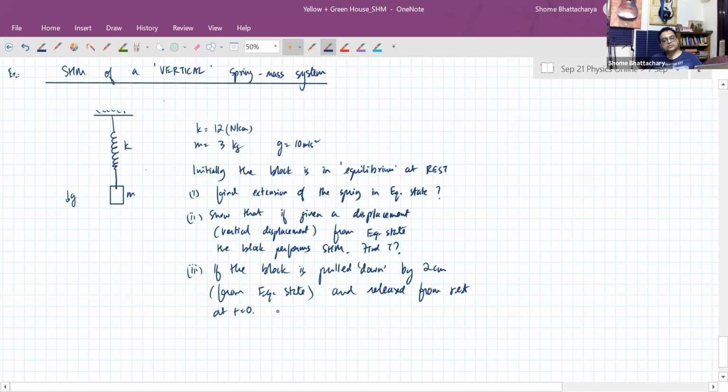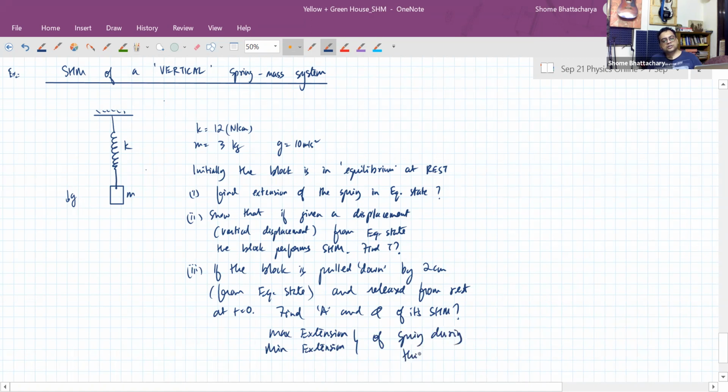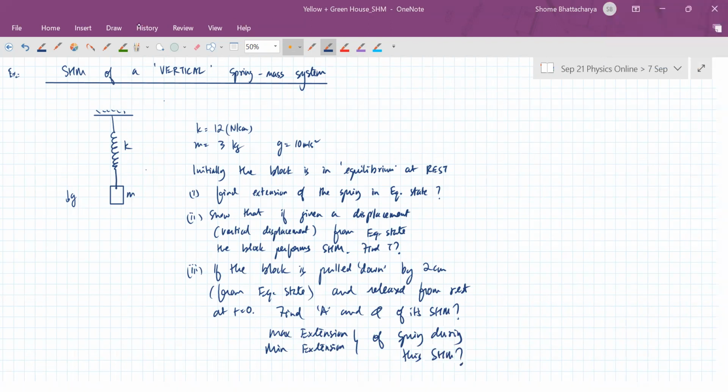at t equal to 0, find the amplitude and phase constant of its SHM and find the maximum extension and minimum extension of the spring during this SHM. Okay. So very similar to the previous situation, the horizontal spring mass system, but the only thing we have